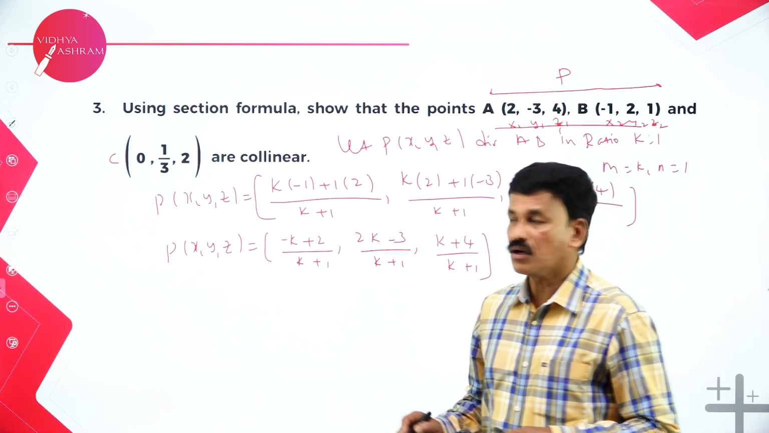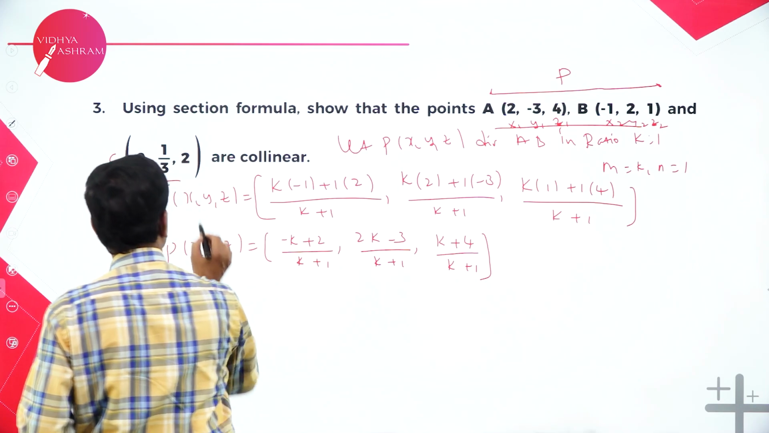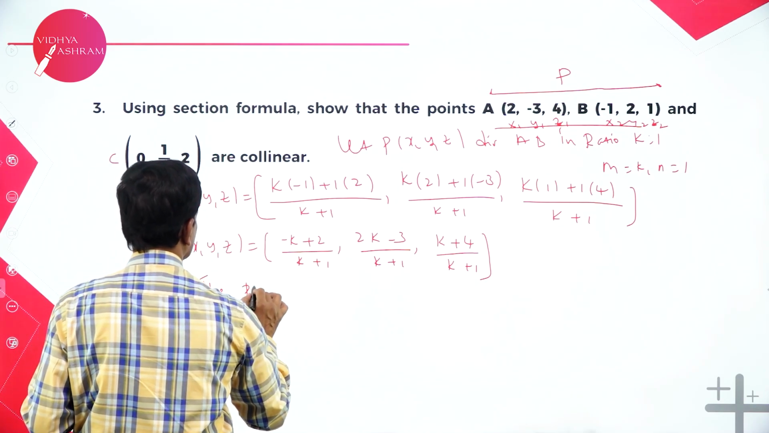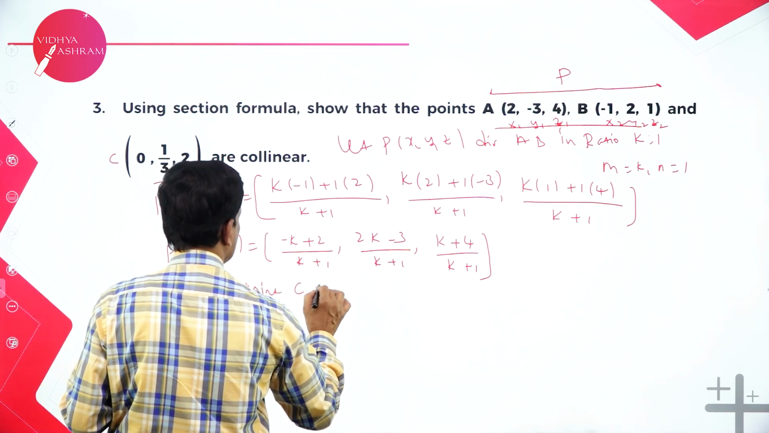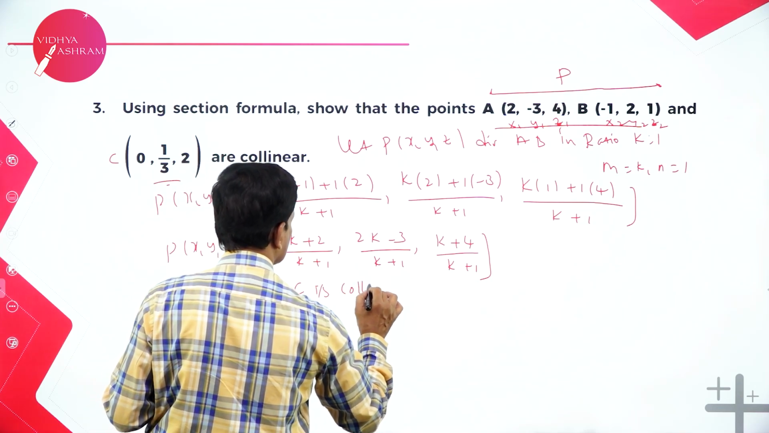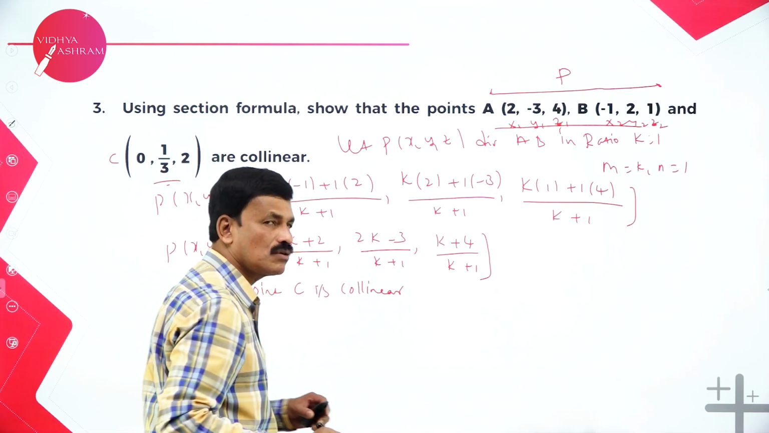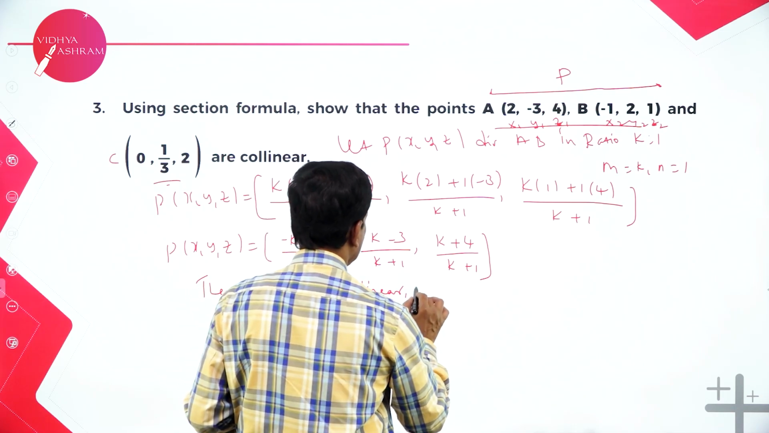Right. Now the point C is collinear if and only if